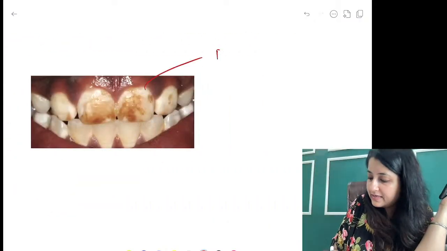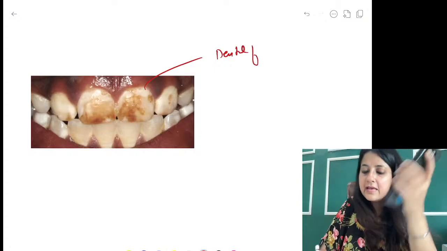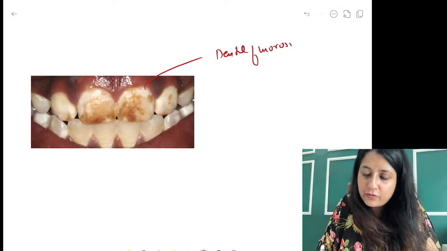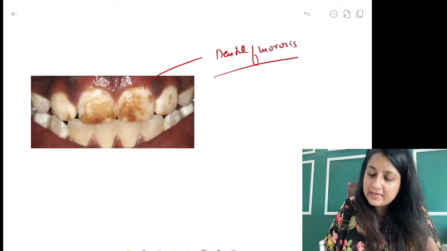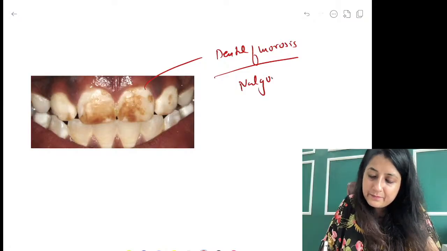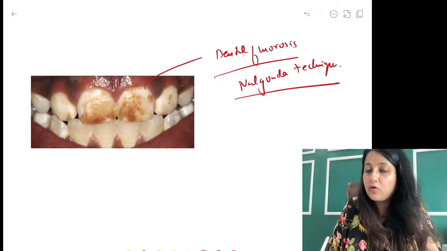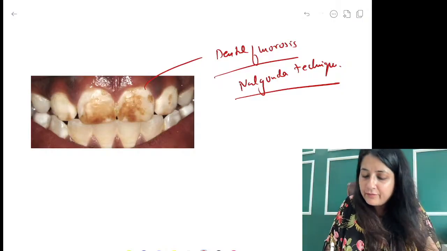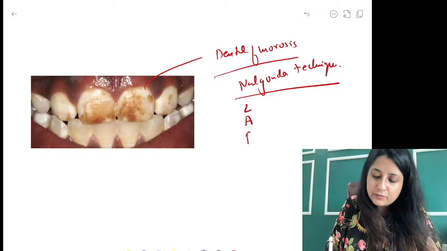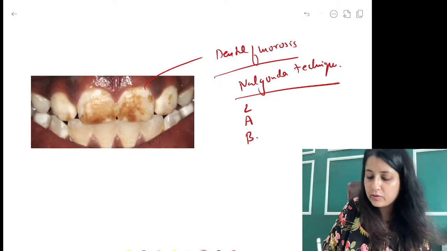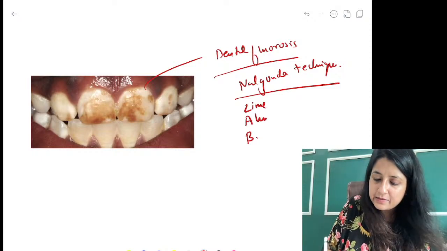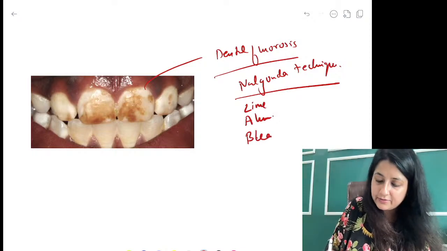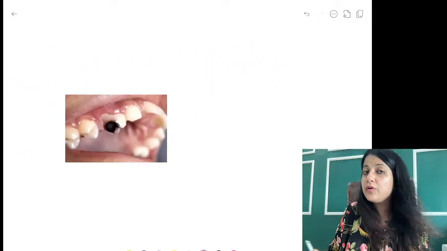Now see, this one is an image of dental fluorosis. And how will you remove excess fluorine from water? We use a technique known as the Nalgonda technique to remove excess fluorine from water. Clear? We add lime, alum, as well as bleaching powder. Alum is aluminium only. These are the things that we will add. But remember, fluorine